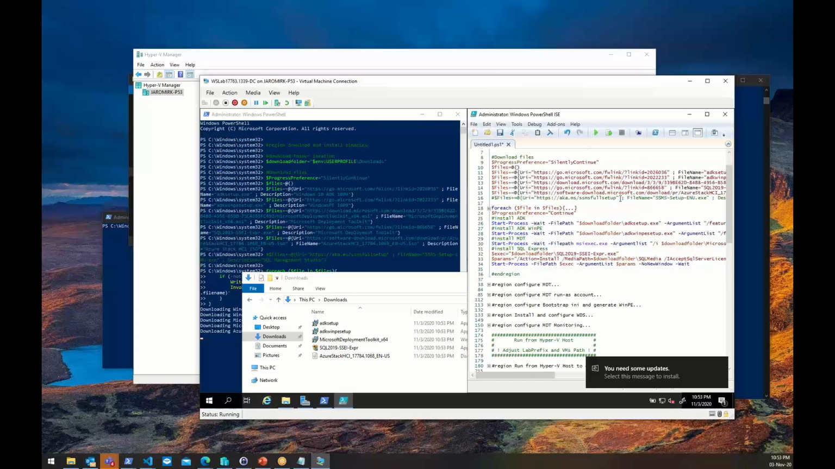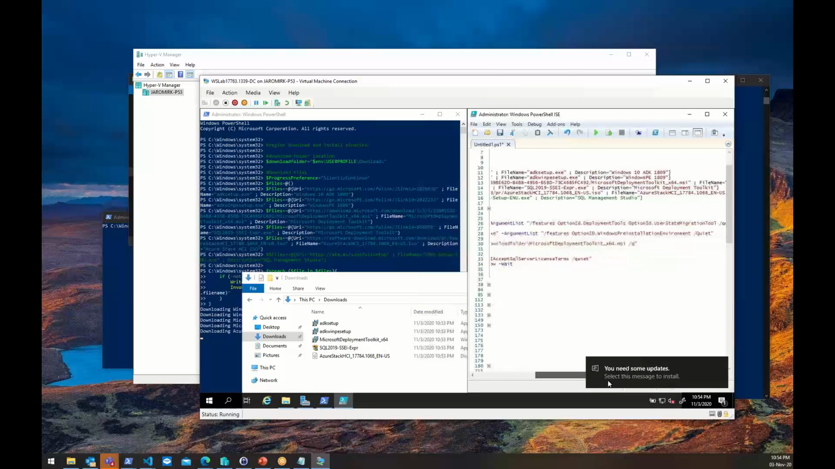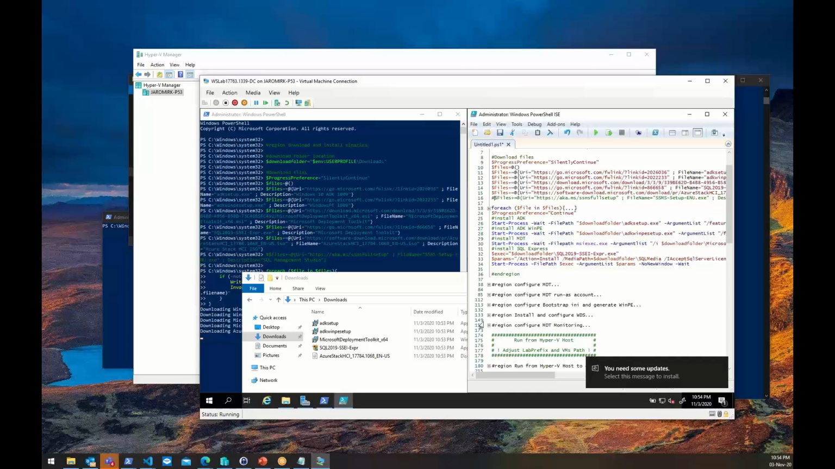Right. Also, I will download ADK, Microsoft Deployment Toolkit, and the last one will be just an HCI ISO file. And then I will install ADK, ADK WinPE, MDT, SQL Express, and yeah, that's it. So now, while we're waiting for that to download, I just wanted to point this out because for some of